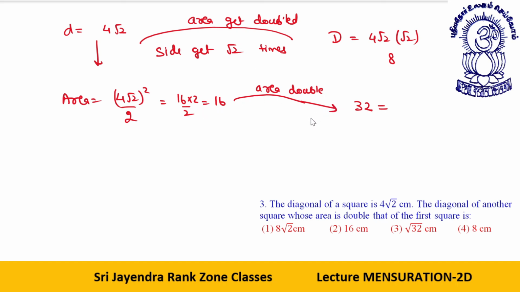Where the diagonal of another square. So this area is 32. This is D square by 2. So from here I get D square is equal to 64, or D is equal to 8. Getting it now? This is 8 square, so D is equal to 8. I'm sure it must be clear to all of you. You can have a look over it if you want to.